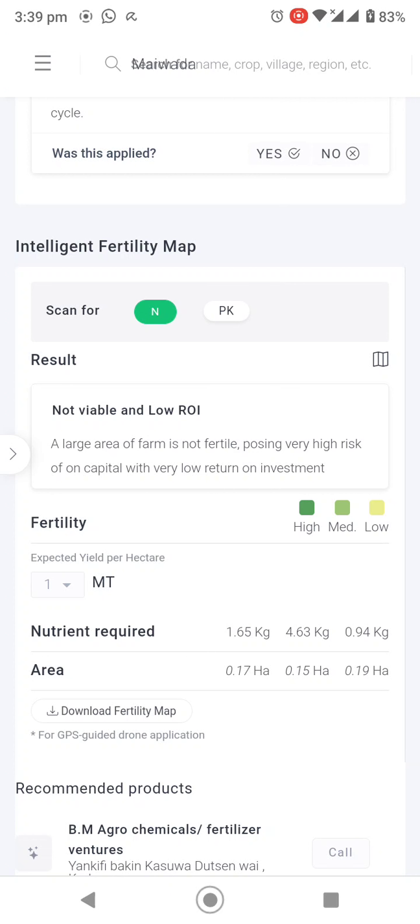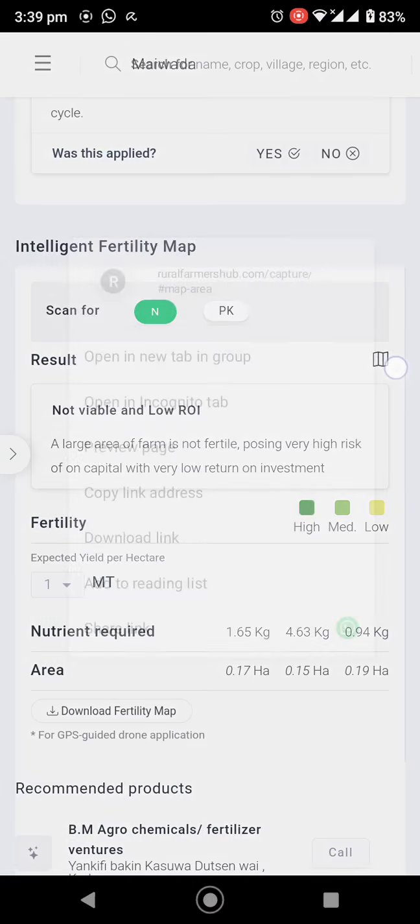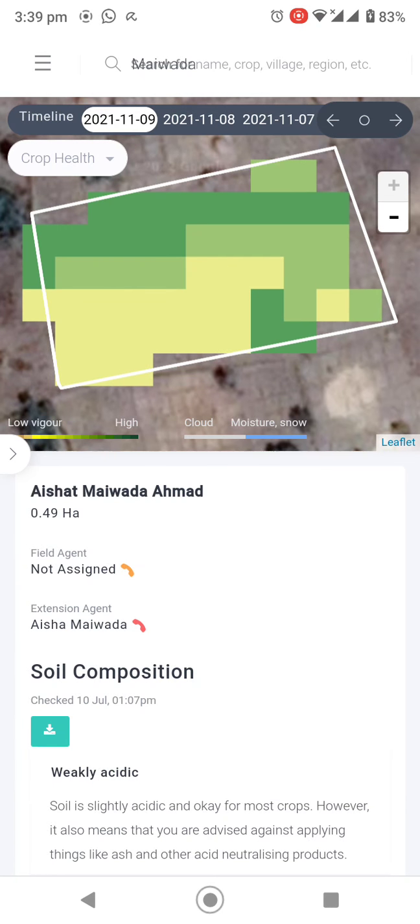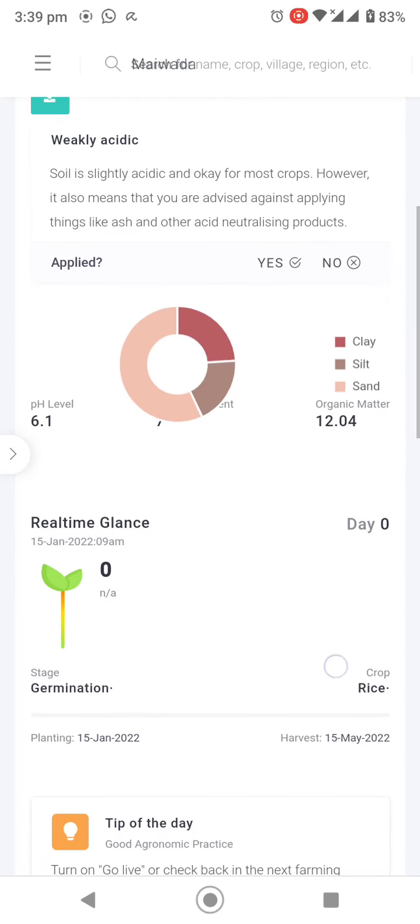If I click on this icon here, it will take me to the screen so I can see what that looks like. So at a glance I can tell that a large swath of this, nearly half a hectare of land, is not very productive. You will know by color representation: the yellows and the light greens are areas that exist in very high amount. Let me go back all the way down to